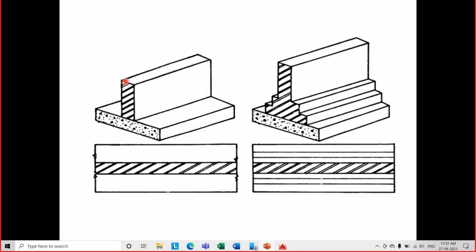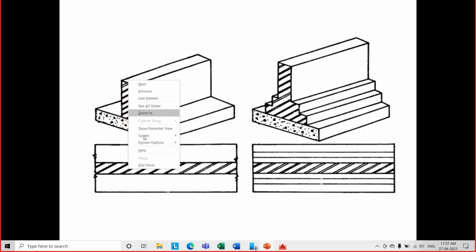So now, as I was saying, if I mark the center line of this particular wall, what is the center line of this wall? 230 divided by 2, 115 millimeters, which may come somewhere over here, right? And let's say this is of width 2 meters and the center of this will be at 1 meter, correct? The center of this wall and the center of this PCC are coinciding.